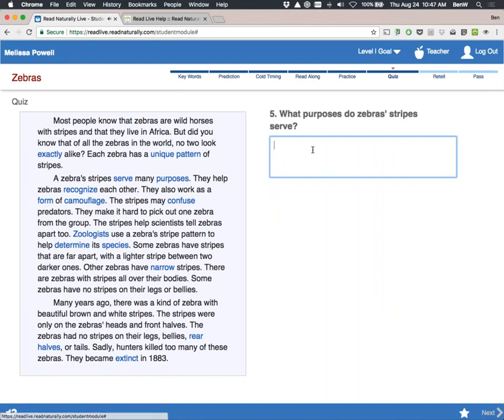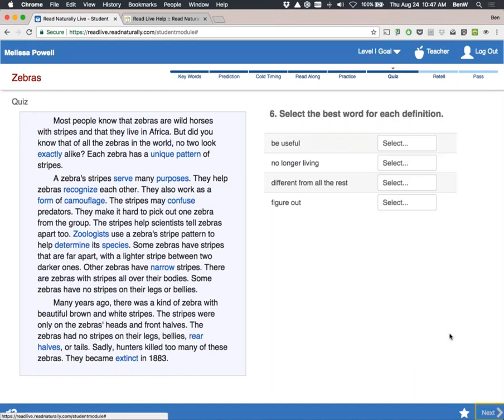Each of the quiz questions will focus on a different comprehension skill, allowing you to evaluate student progress in key comprehension areas. So the reports will show you where they are answering questions correctly most frequently, and which skills they need some additional support in. In addition to multiple choice and short answer, we have other types of questions like sorting and matching, and fill in the blank, etc.